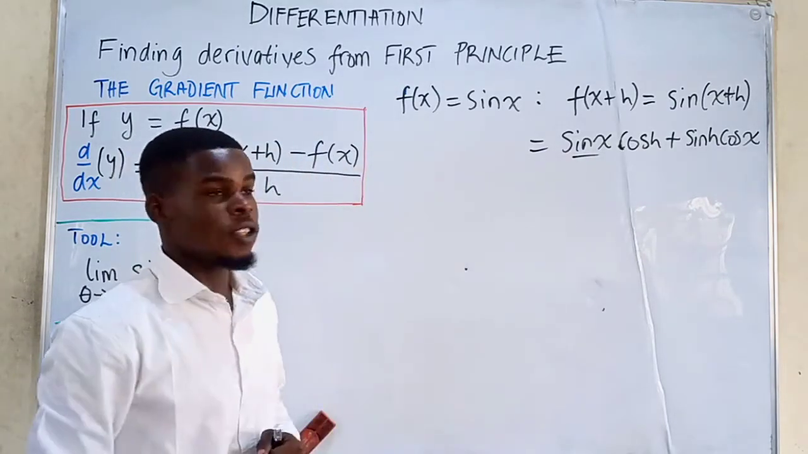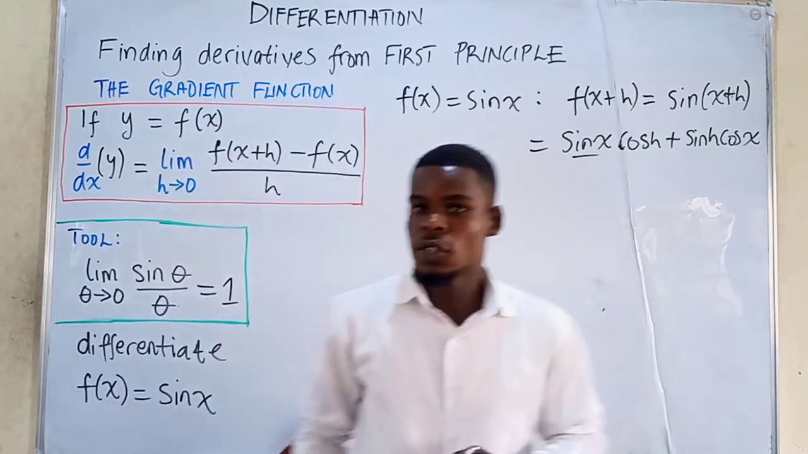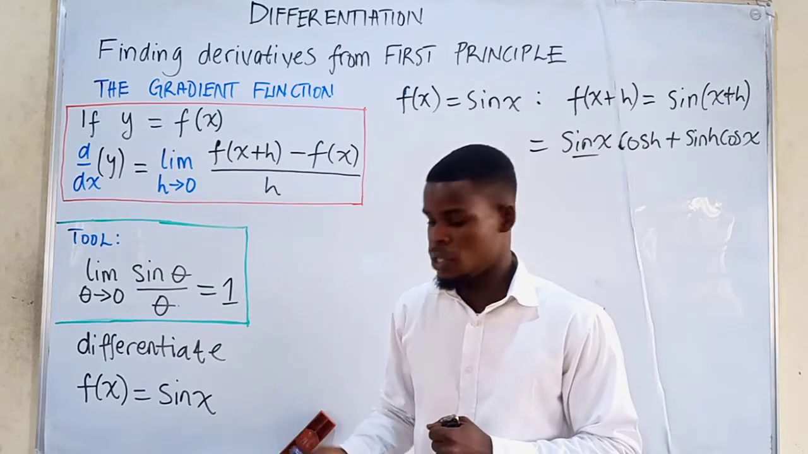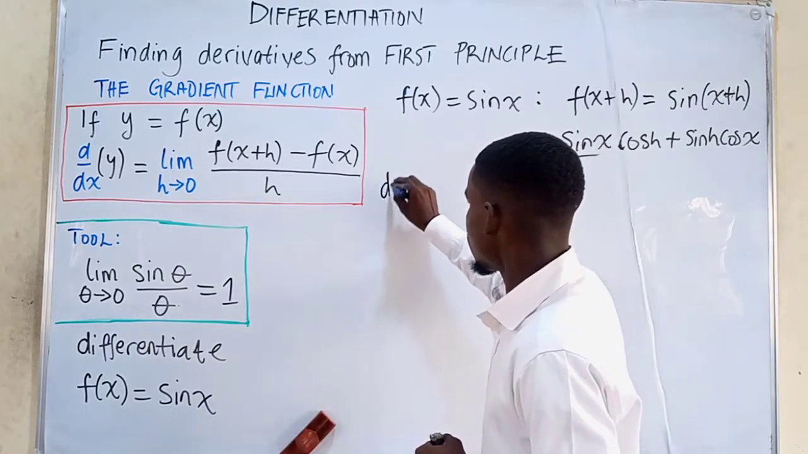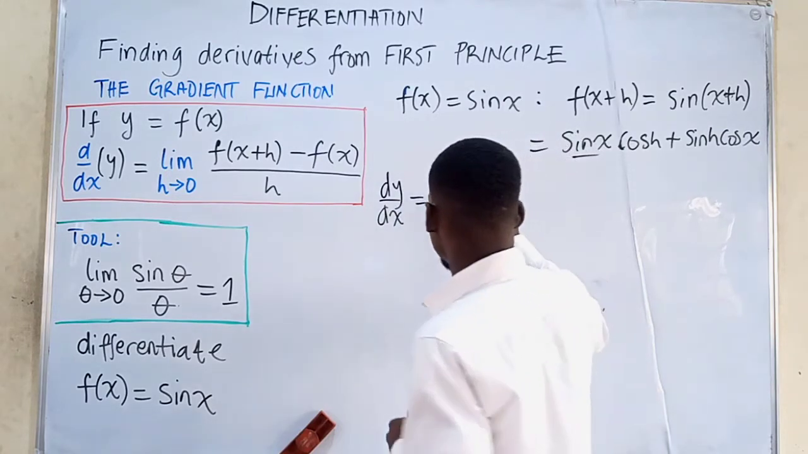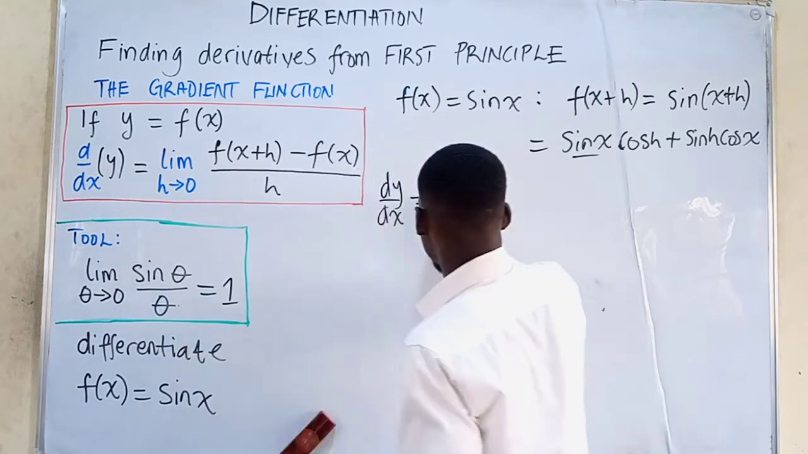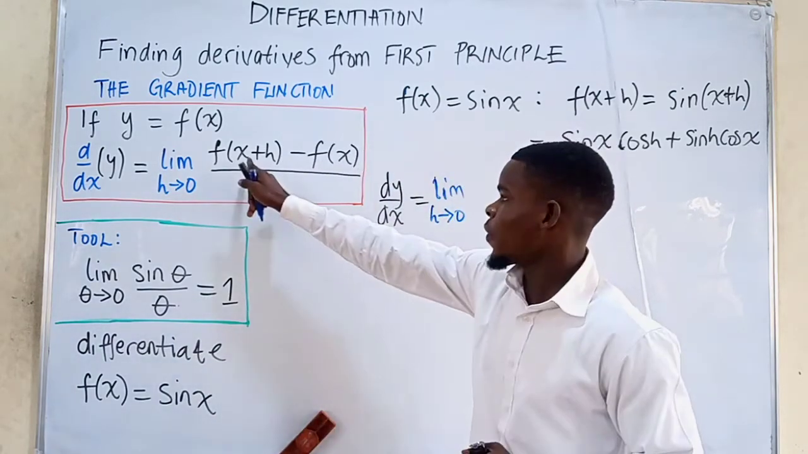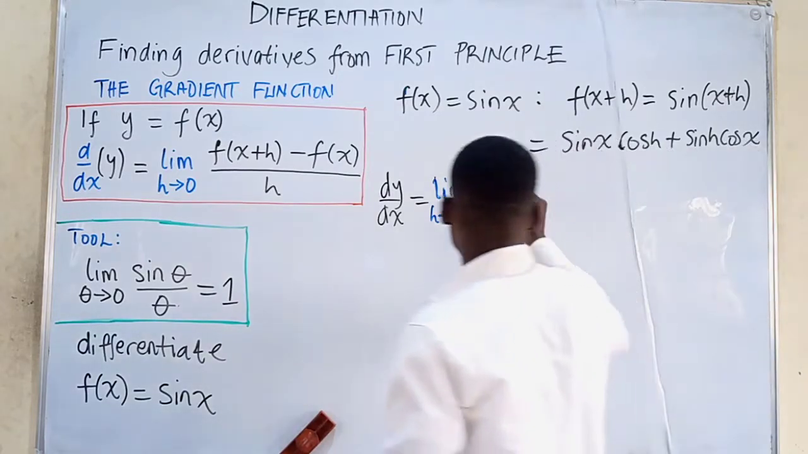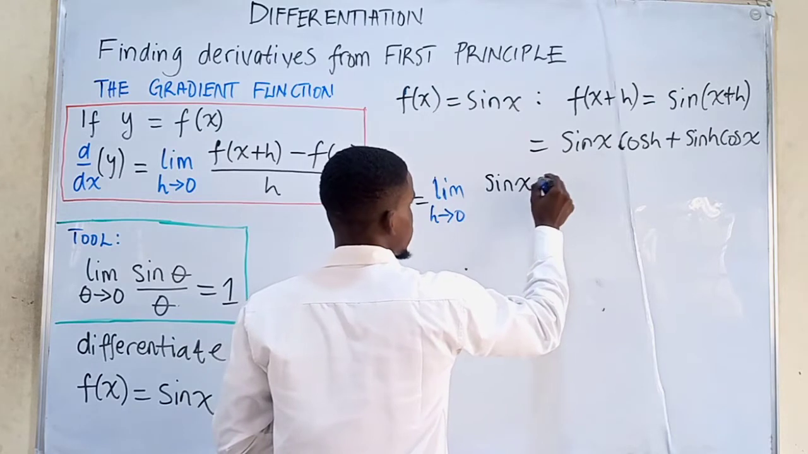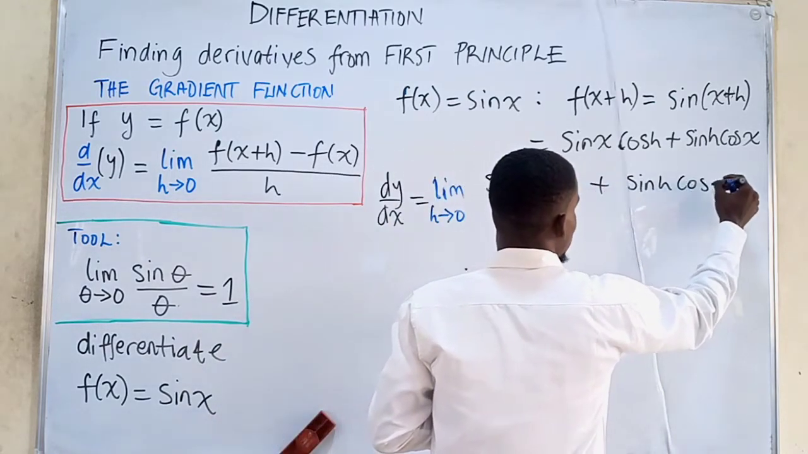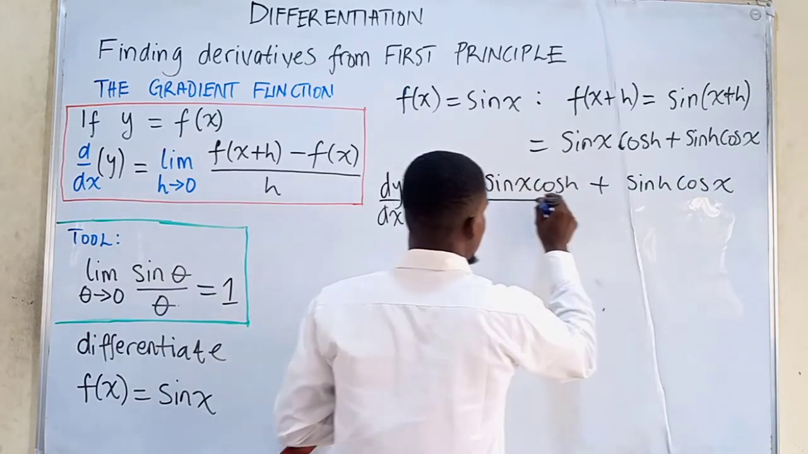Okay, so let's substitute each of those, f of x and f of x plus h, into this gradient function in their corresponding positions and evaluate the limit as h tends to 0. So what we have is that dy/dx is going to be the limit as h tends to 0 of f of x plus h, which we've checked out to be sine x cosine h plus sine h cosine x. Then we divide that by,